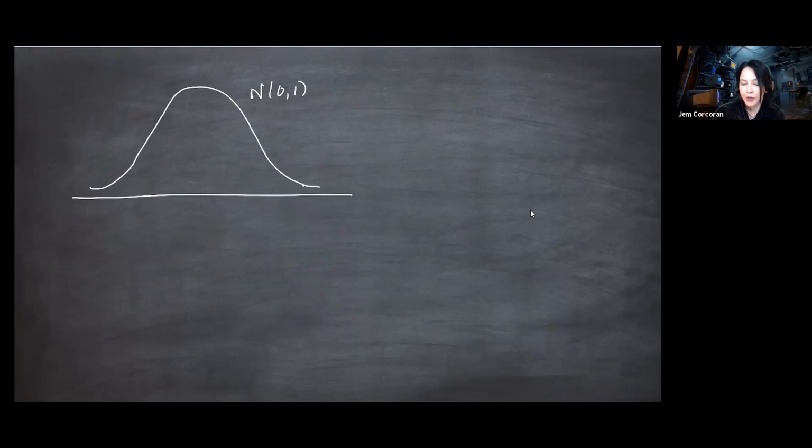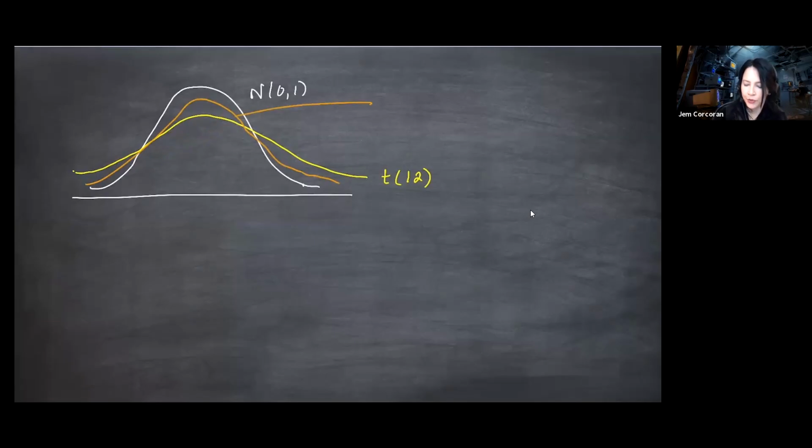Okay, so a t distribution is flatter, not somewhat, it's definitely flatter. You know, and if it's below the normal here, then it better be above somewhere else because the total area under those curves has to be 1. And so what I've drawn here, I'm just going to make up a number, is like a T12 distribution. And as the degrees of freedom, the n, increases, it will get closer and closer to the normal bell curve. So I'm going to draw another one. It's kind of like this. So this orange one is maybe a T20. And we can show this. You know why? Because we got Slutsky's theorem.